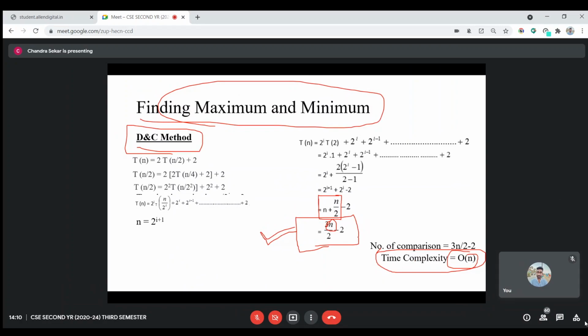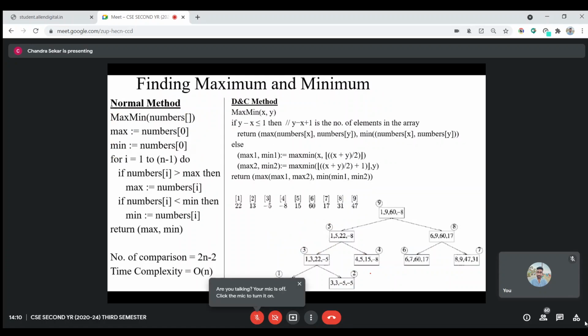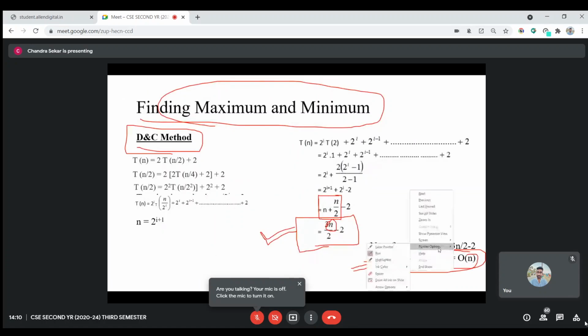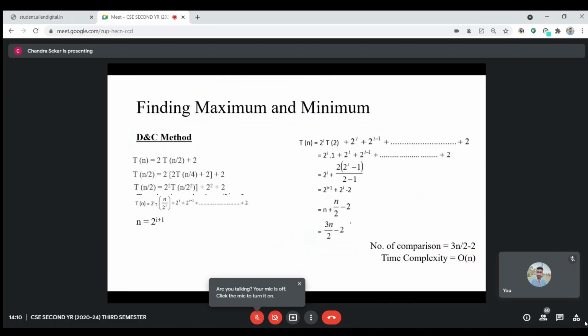So since here the problem considered, or the algorithm used, is a very simple one, you are not able to exactly appreciate the better time complexity here. You're getting almost the same time complexity, order of n, as in the case of the normal method as well as the divide and conquer method. So that is why I try to derive this number of comparisons and try to justify that divide and conquer performs better than the normal method.